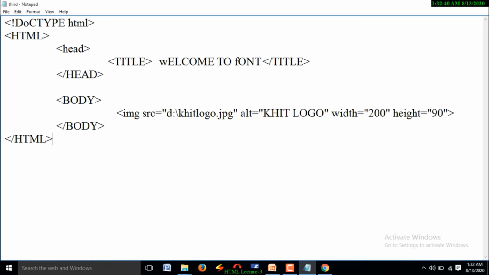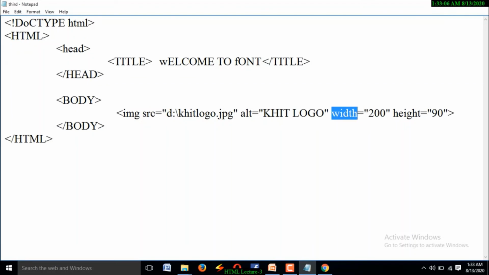What we discussed about image tag: if you want to arrange an image on the web page, you need to use the image tag, and the image tag has 4 attributes. The first attribute is SRC. SRC indicates the source location of the image, and ALT, the second one, means alternative text. If the image is not loaded properly, the alternative text is displayed on the web page.